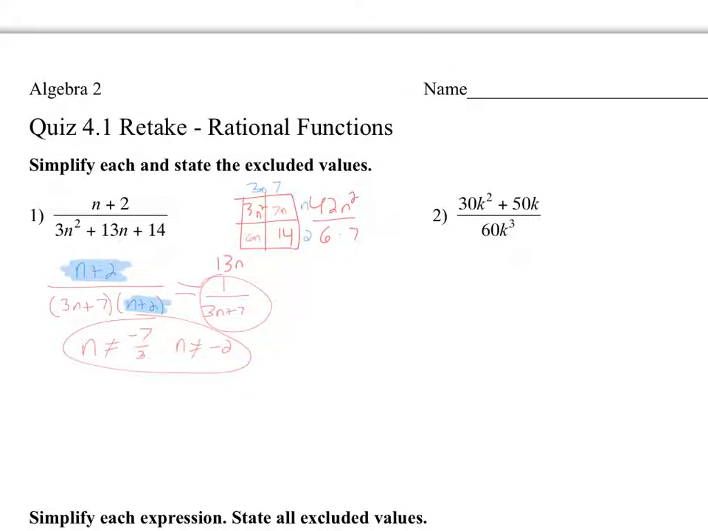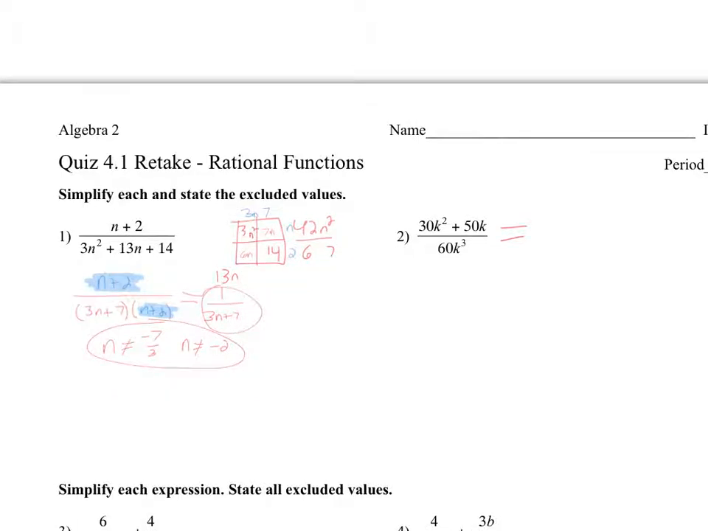This looks a little bit more complicated, but y'all, we can really start factoring out key terms. So I notice in the numerator I can factor out 10, because 10 goes into 30 and 50, and I can also factor out a k. So if I do that, I get 10k times